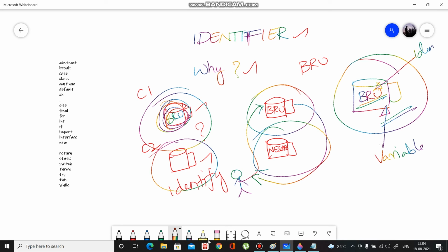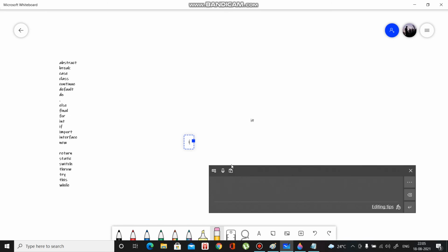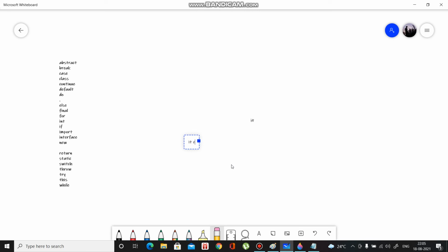In Java, the following rules apply to the identifier name. It can contain alphanumerics, or a dollar sign, or an underscore at the start.